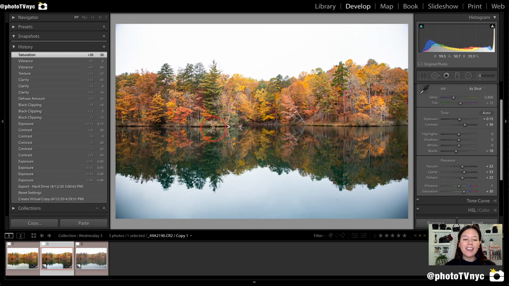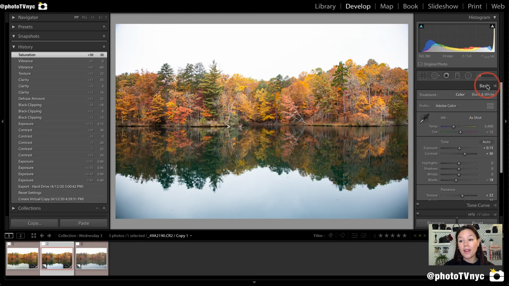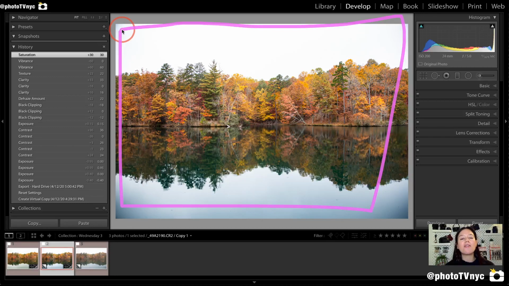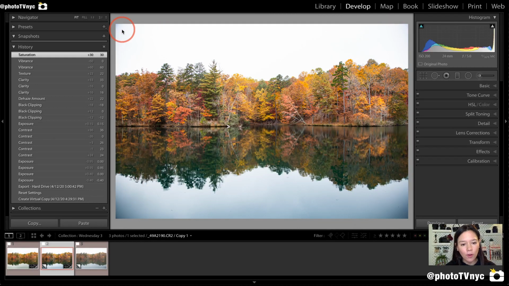Now, I would like a little bit of separation in between the red trees, the green trees, and the yellow trees. And for that, we're going to make some selective adjustments. But before doing the selective adjustments, I want to remind you that first we're doing our general adjustments. So general adjustments are all the adjustments that you can do to the entire photo because you want to have the best information, the best photo you can when you're starting, and afterwards go into the fun part, which are the selective adjustments. So going down, I close my basic tab,